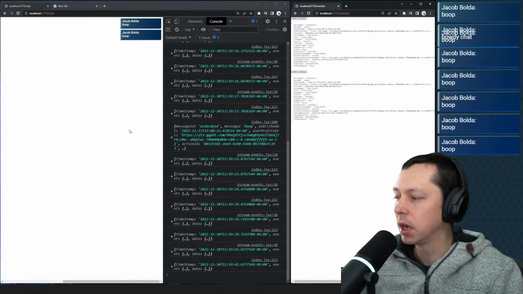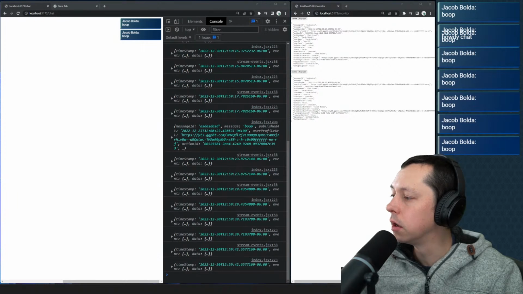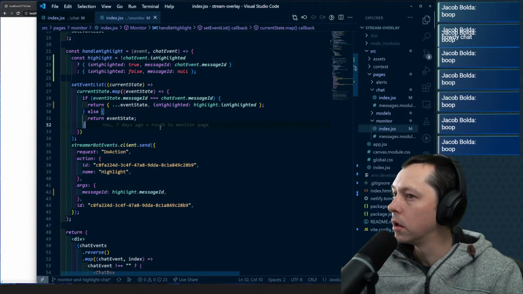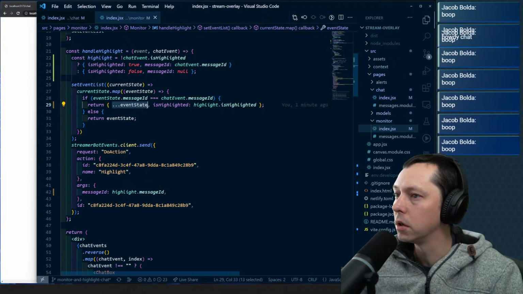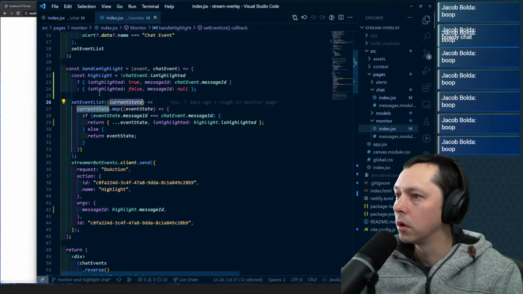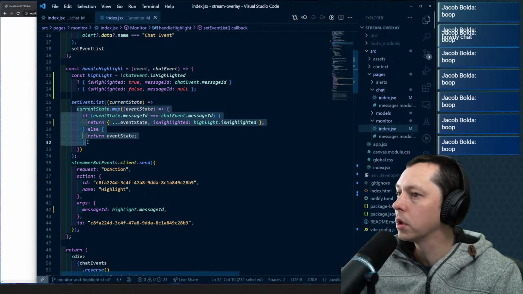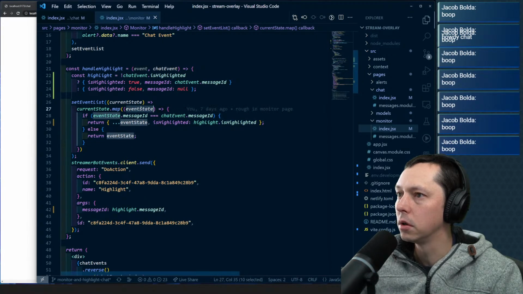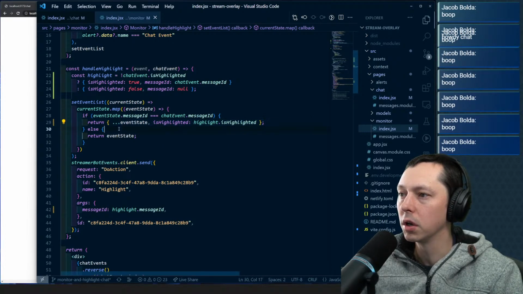Interesting. So if it's highlighted, event state, we are changing the state. So we're looping over the current state, and then we're setting it. So if it's highlighted, we are giving it a new